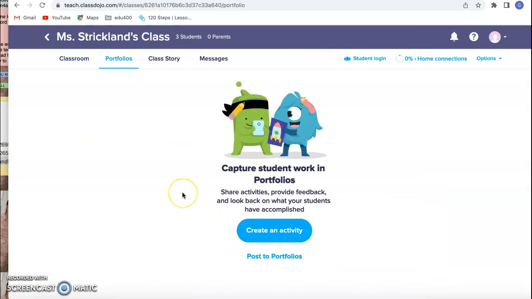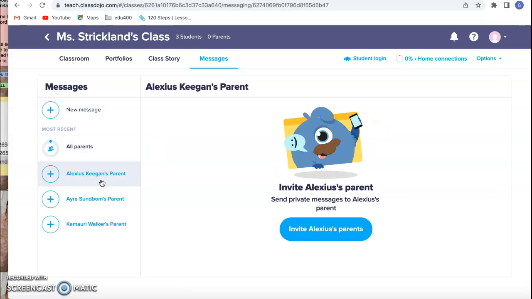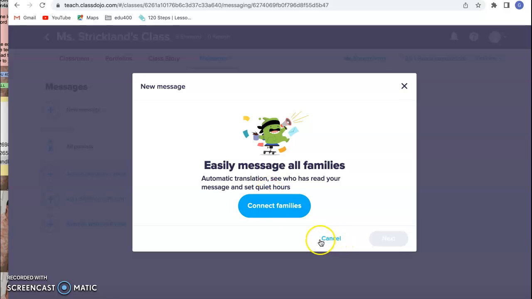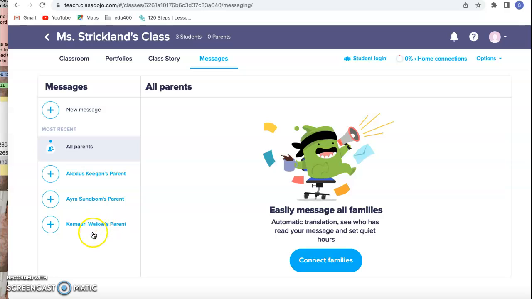We have portfolios. So I would like for everybody to come to the messages when they get signed in and send a message. So I have already sent all of y'all this. Once y'all sign into the email and follow the link, it will connect y'all back and I will be able to send y'all messages. I can also send a group message. So you can go to all parents, you can go to a specific parent, or you can just send a